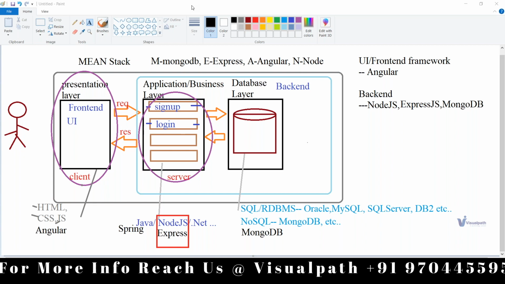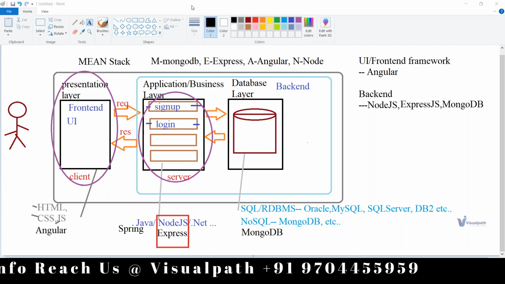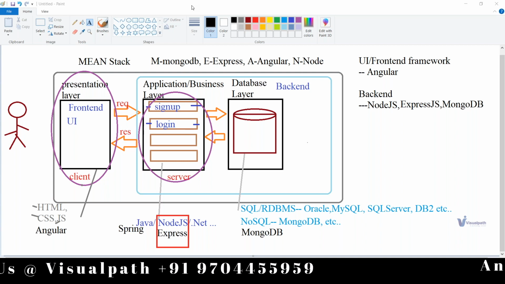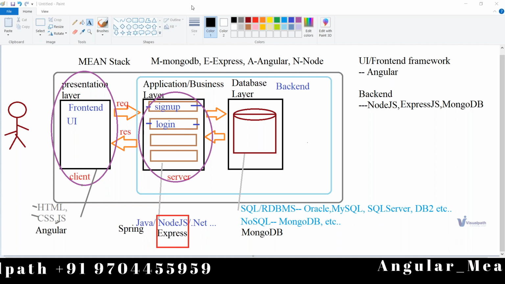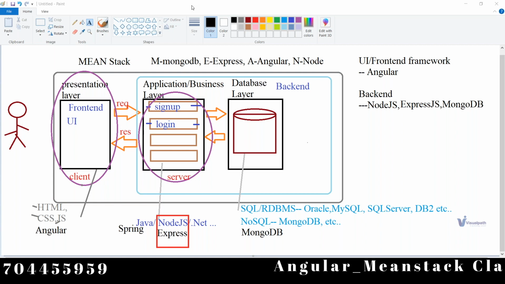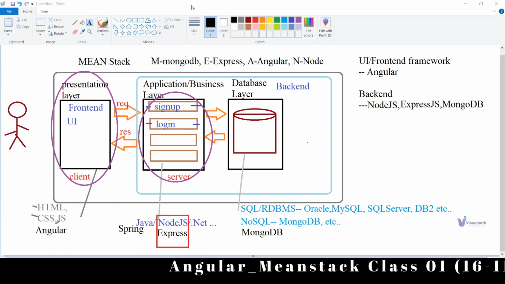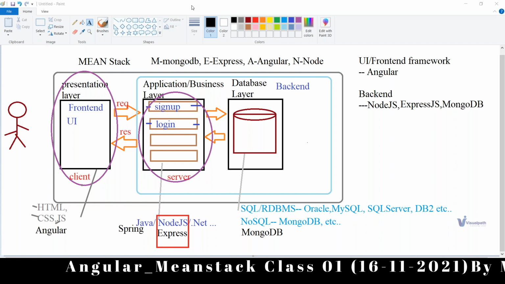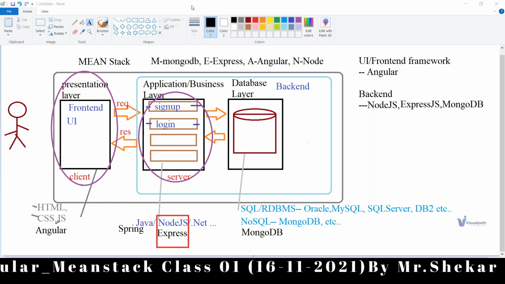For the same thing, we will again create one more Angular application as a front end, and we will be clubbing that front end with the backend we created. For that, a compatible UI called Angular, we will be developing and adding. You understood, right? So that is called a complete application or full stack application that we will be developing.